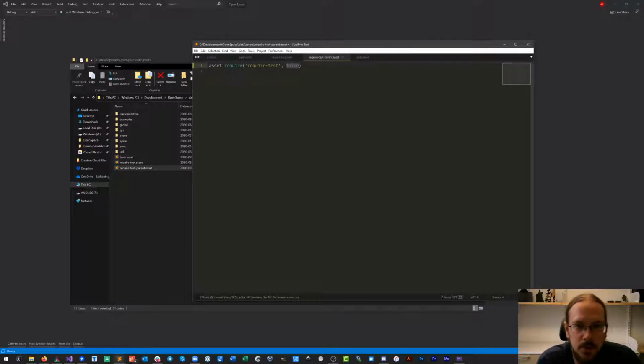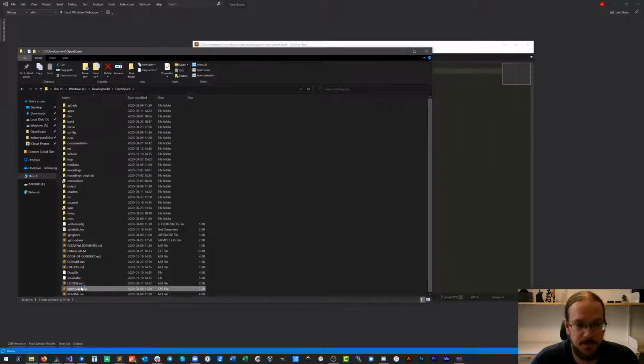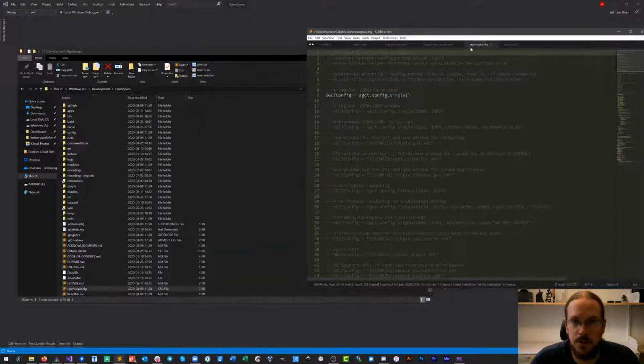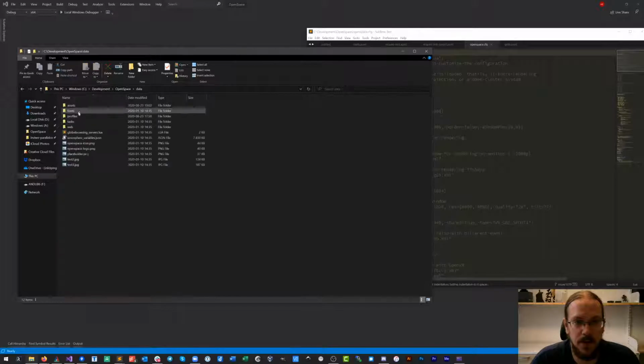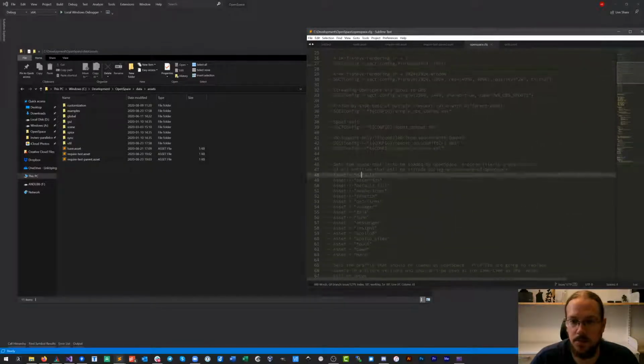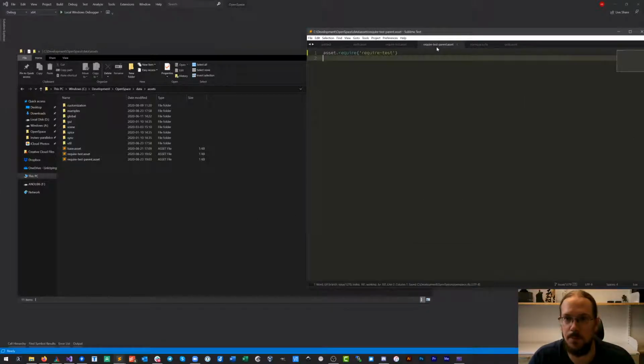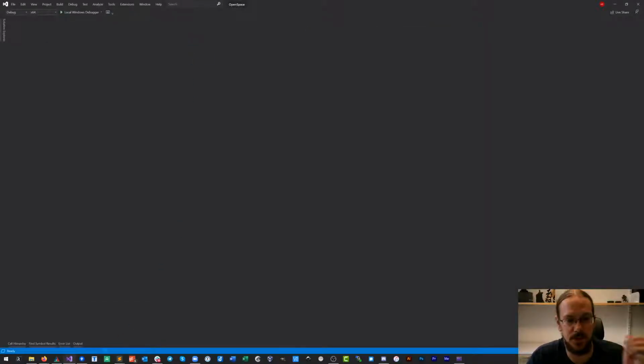So it would be easier for creating new scenes where you want to show something that is not really visible by default. But let's make this one happen first. So what we're doing is we have our new asset, which we call require test parent. So we want to load this one, and basically, let's see what happens if we start OpenSpace.